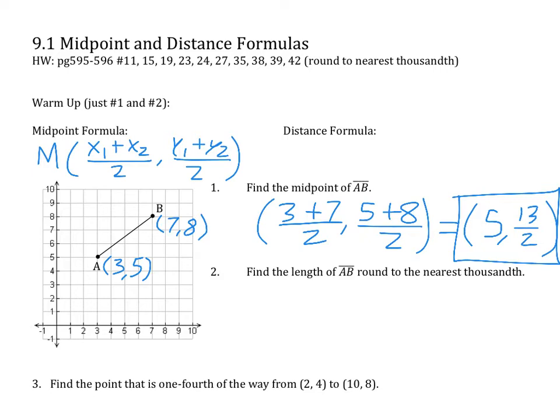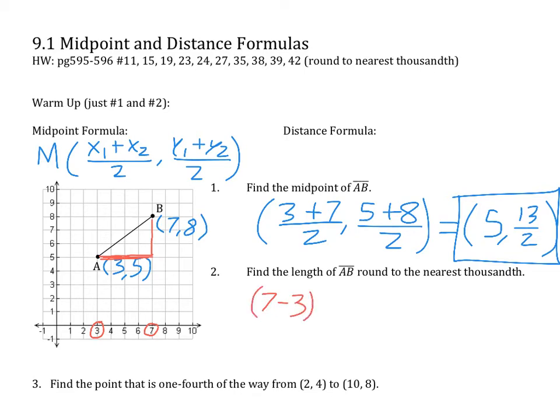Alright, let's also find the length of AB before I introduce the distance formula to you. So one way we can do it, we can use the Pythagorean theorem. So if you make a right triangle, we know that the hypotenuse, we can find it using the Pythagorean theorem. So how long is this bottom part? Well, it started at 3 and went to 7, so it's 4. So the way you get that, take 7 minus 3,